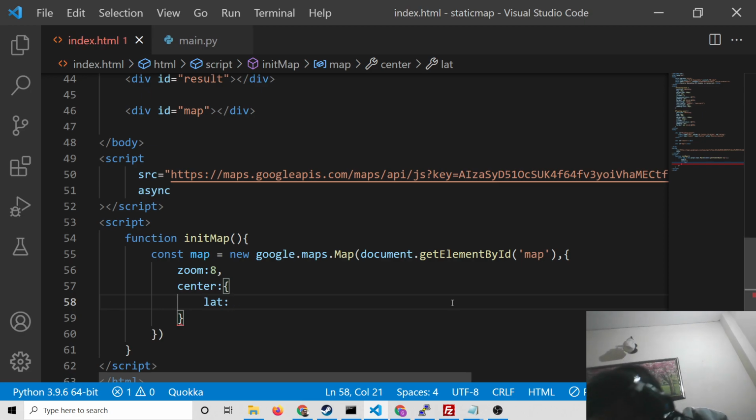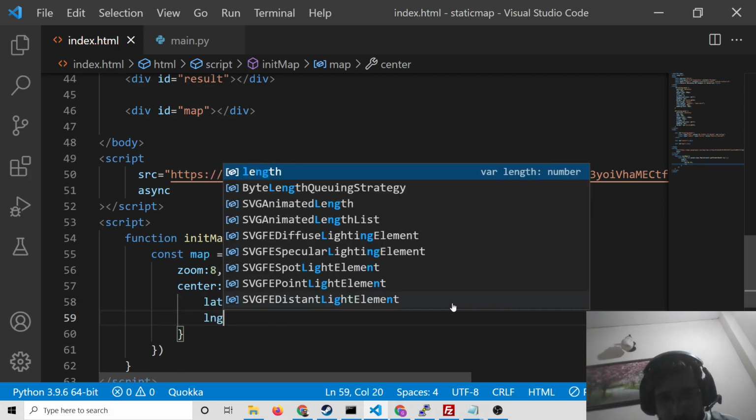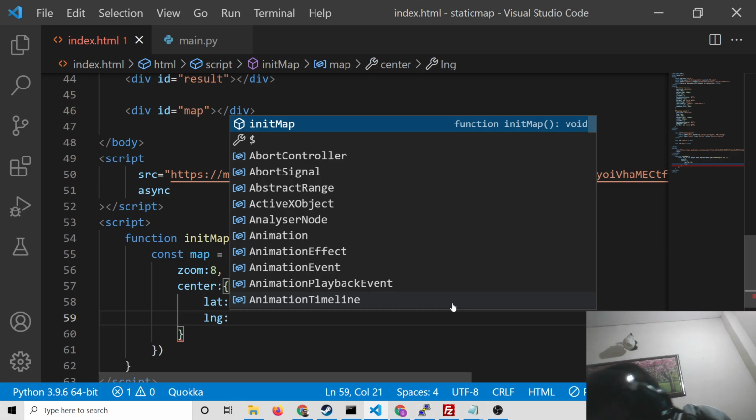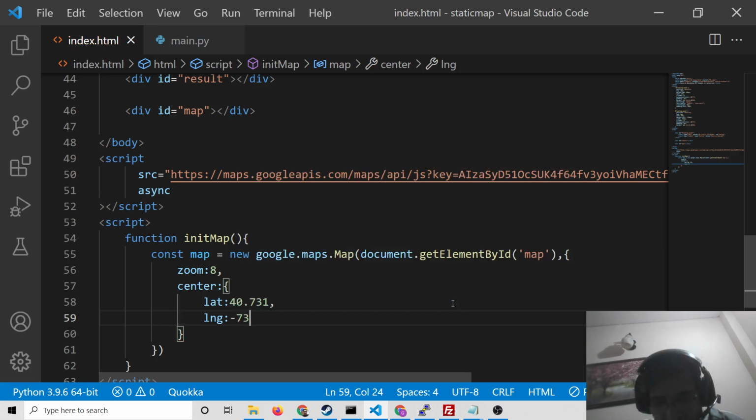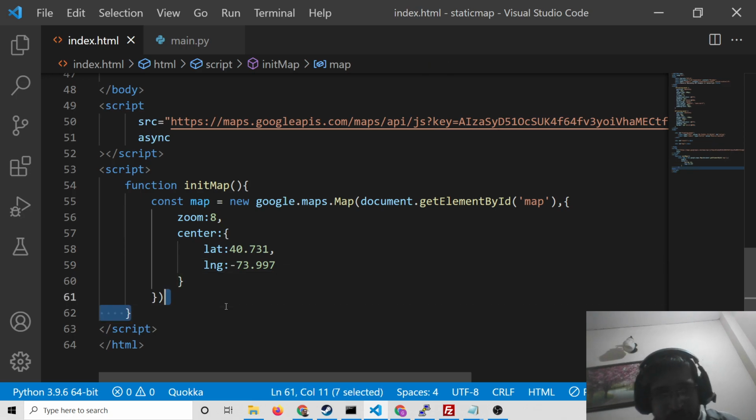If you want to write it manually, you can say 40.731 and comma, the longitude will be minus 73.997. That's it. After making this map variable, guys, now we need to convert these coordinates into a real address.